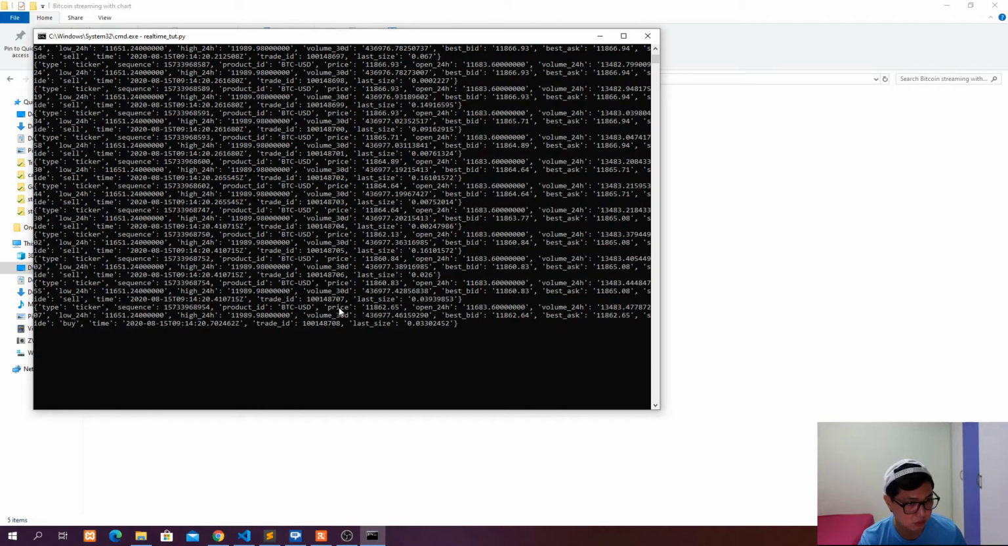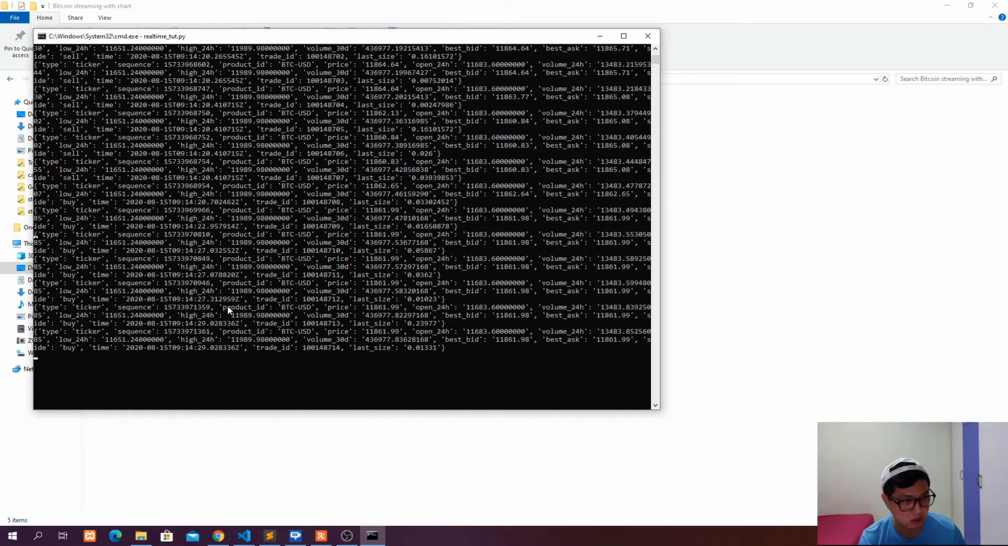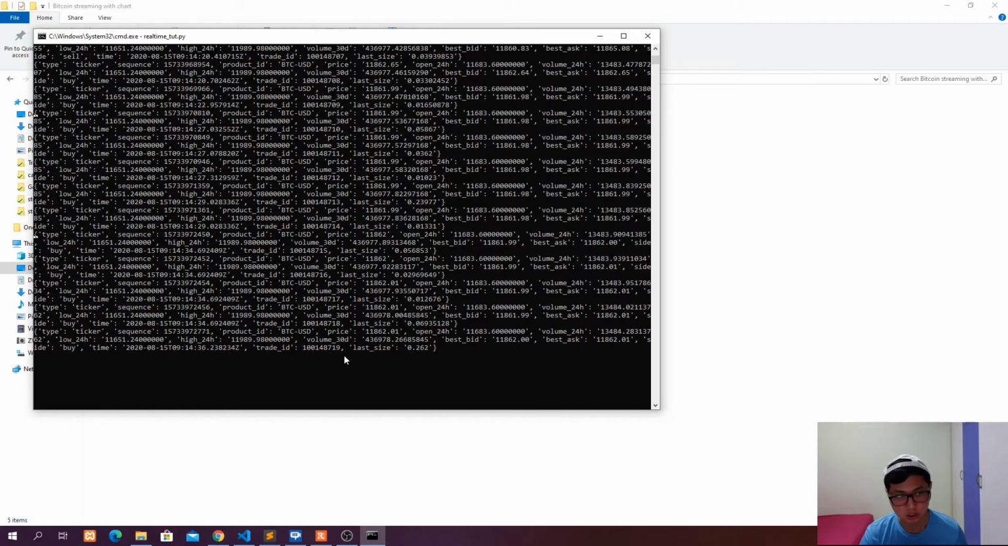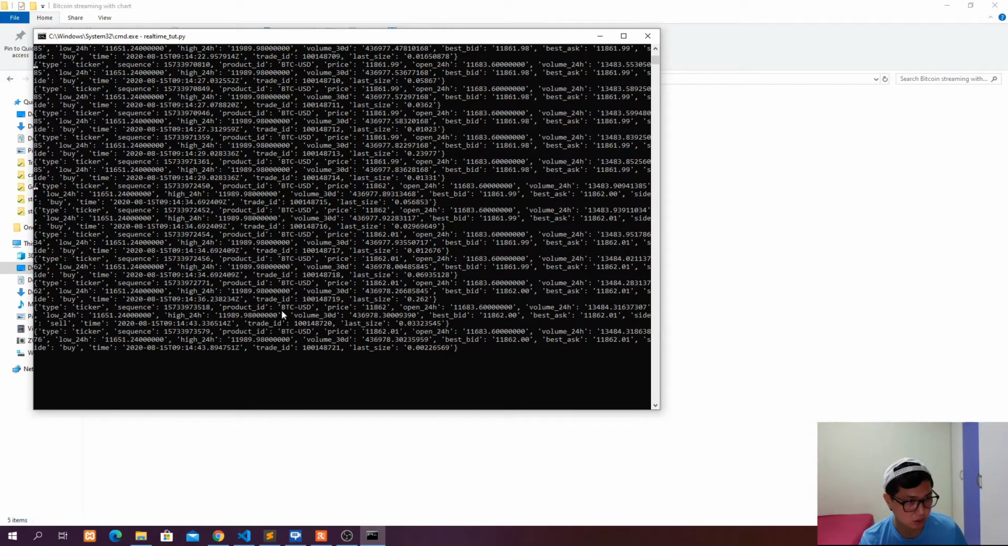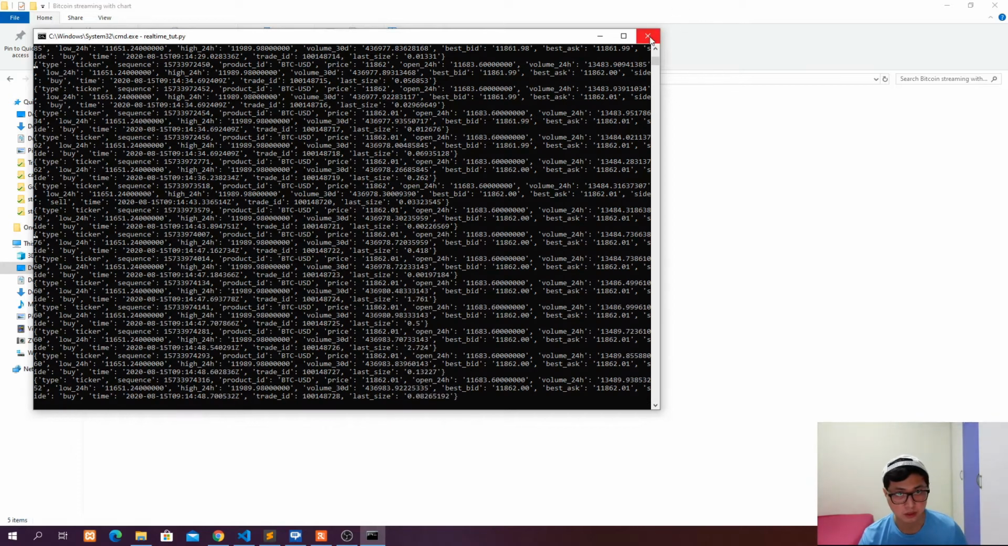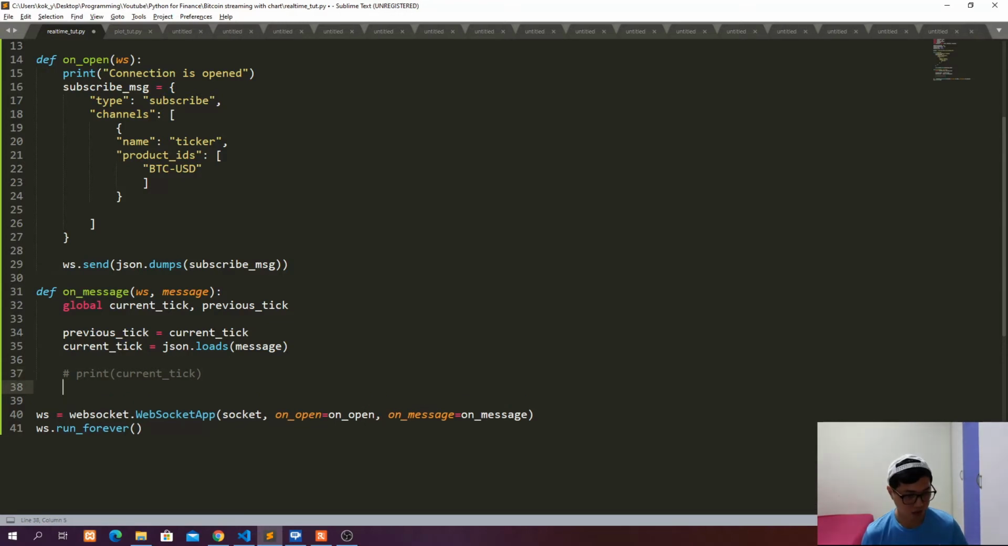What we are interested in is the price, and also we are interested in the time. So you can see that the time here is actually based on the time zone of UTC plus 0. And if you want to change that, we can use the timedelta function later. So for now, we want to extract out the price for every single feed and also the time. So then I'm going to comment this out, and let's print